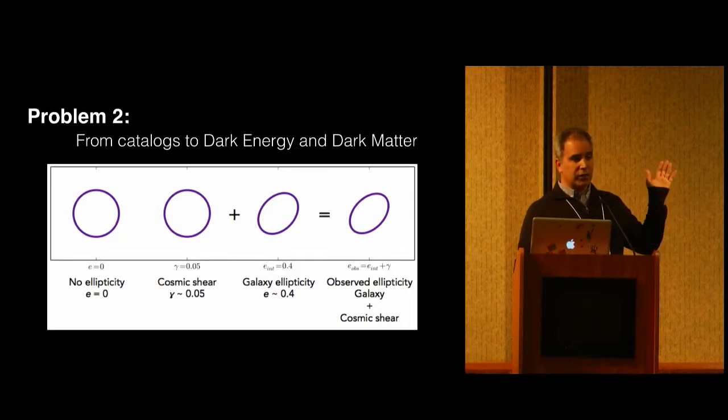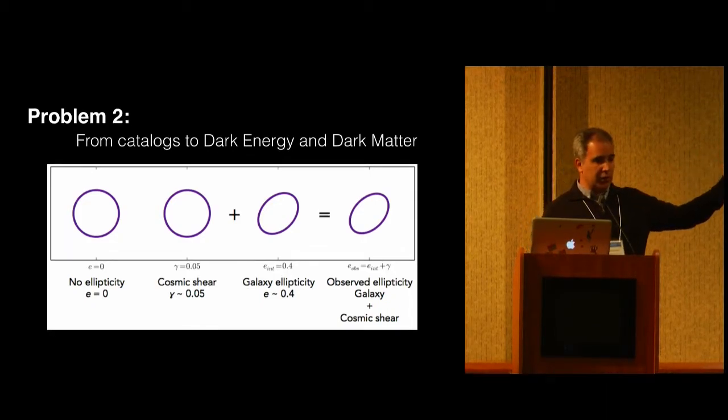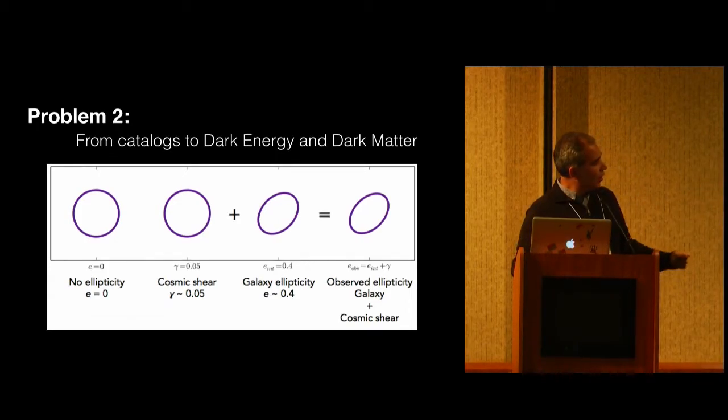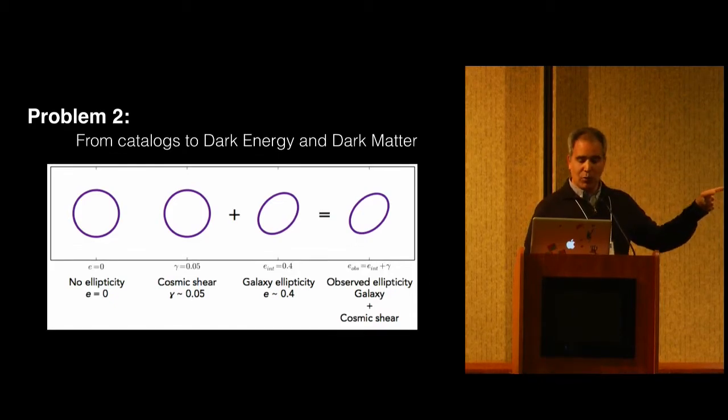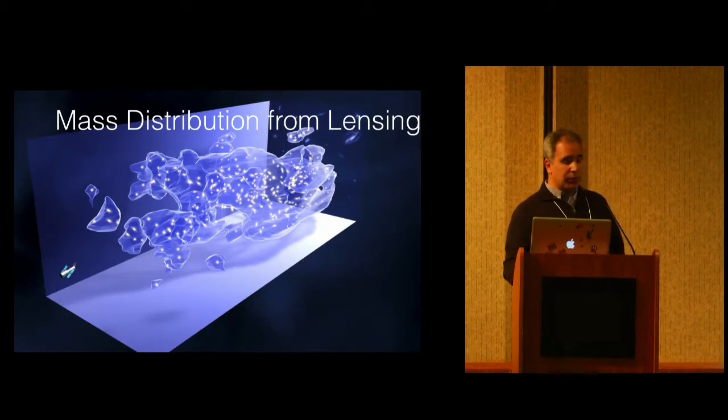If galaxies were circles, we would have no ellipticity, and then we could measure cosmic shear on the circle, right? That's actually like a 5% cosmic shear. But galaxies are elliptical, so what we need to measure is a very, very small variation, and there's some alignment. This is something that we've finally been able to do with Blue Waters, and we were able to finish running those in about 2 weeks. And the result is that we end up getting something like this.